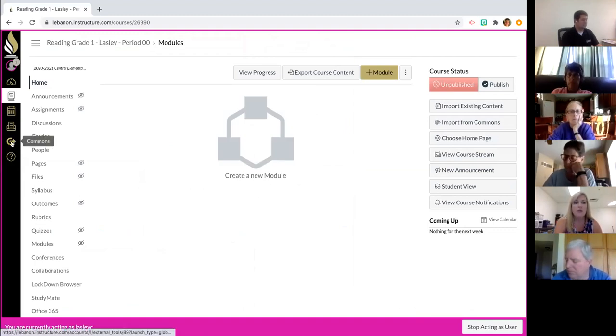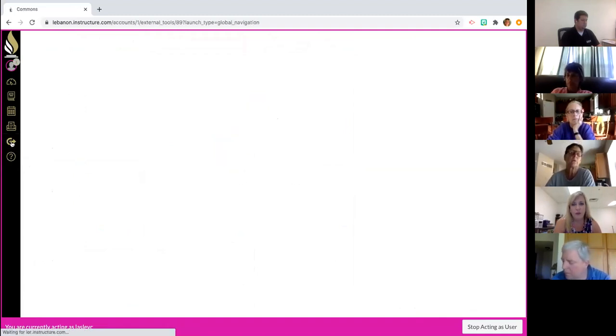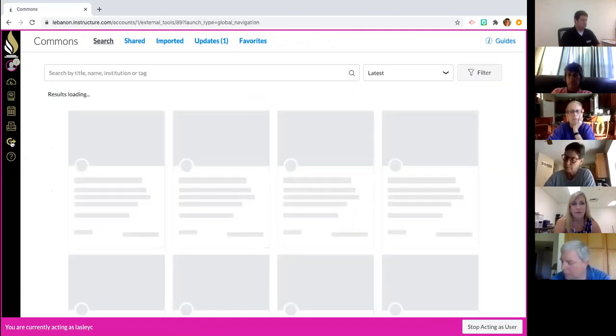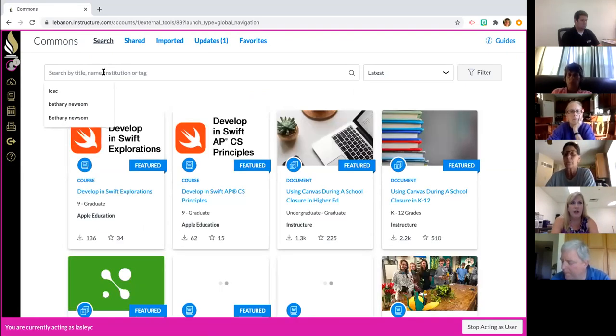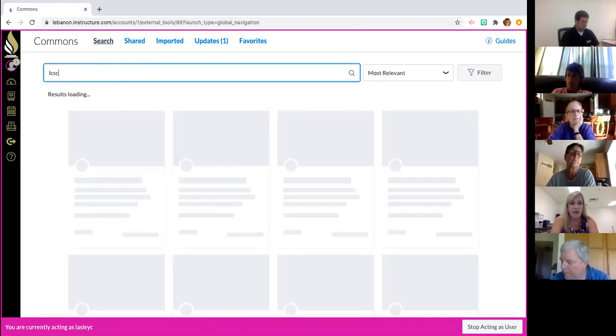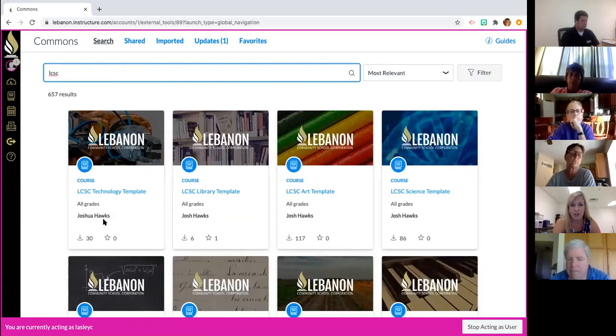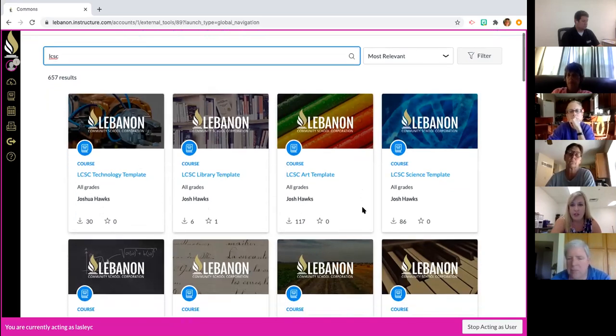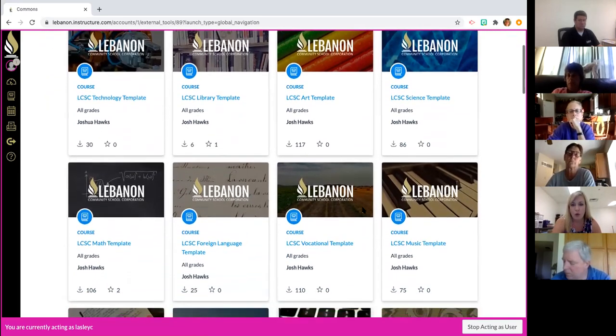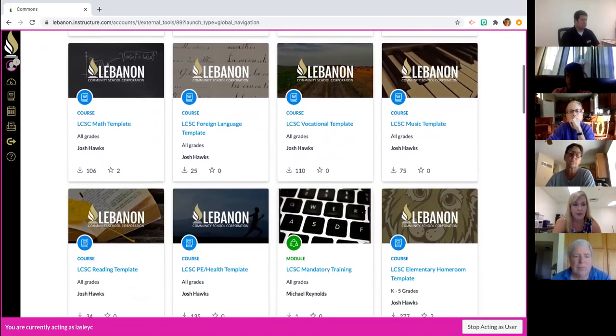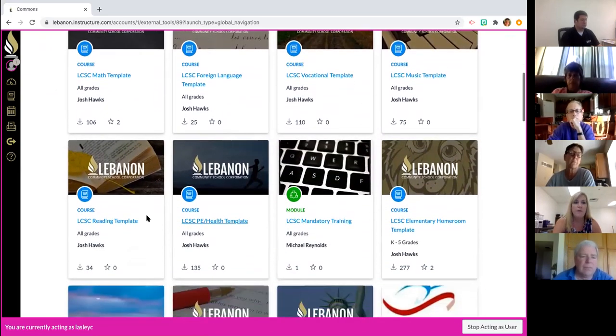So I'm going to go to the Commons, which is over there on the left toolbar. And I am going to type in LCSC. No capitals or anything, just LCSC. And then you'll recognize Josh Hawk's name on those templates. I was going to start with my reading course for that first grade classroom. So I come and I find the reading template. When I click on that,